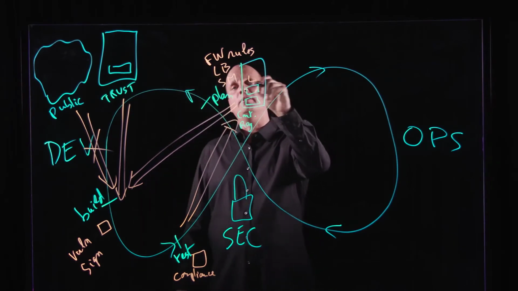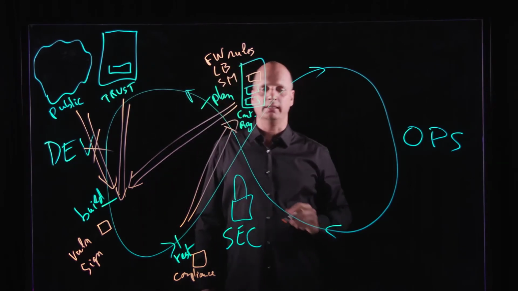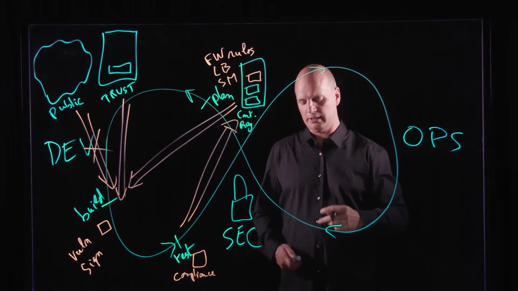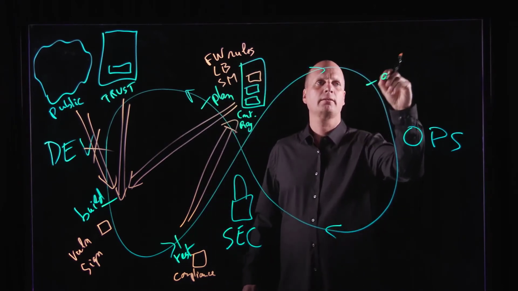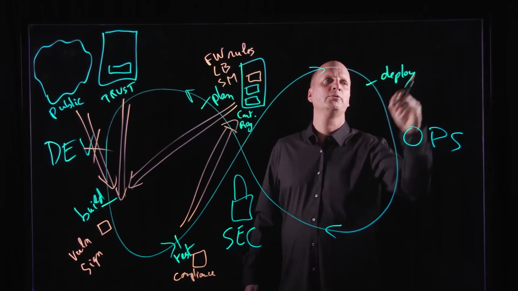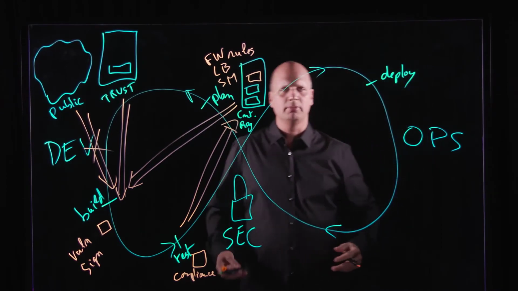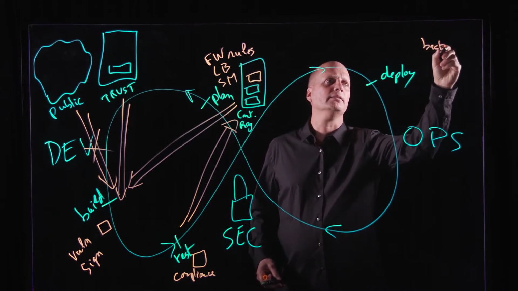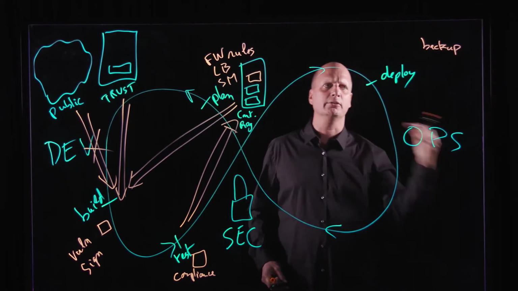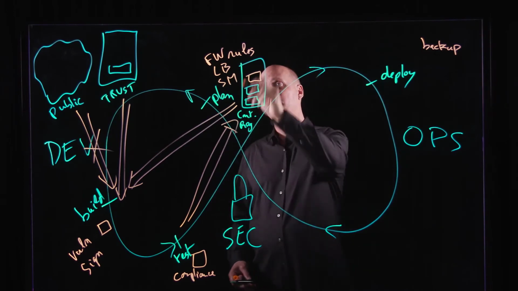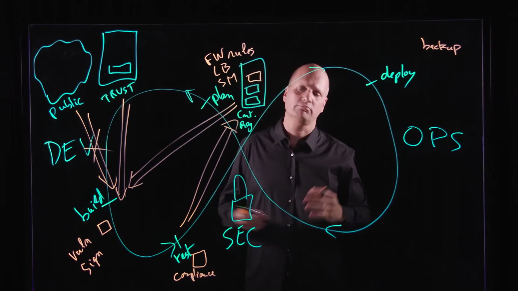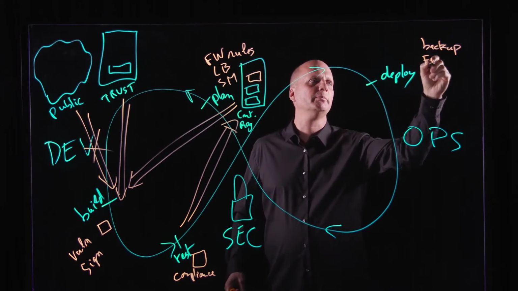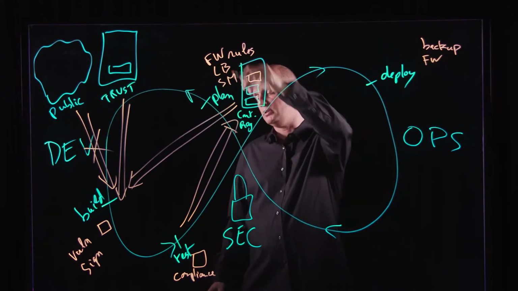So now we have our new container that is here, and I will take my ops hat, and I will deploy my new container application. Before deploying, of course, I will do a backup. In case something goes wrong, I can go back. I will check the firewall rules. Normally, it's all done, but in production, perhaps networks are different, so we will check this. We will check, of course, everything.